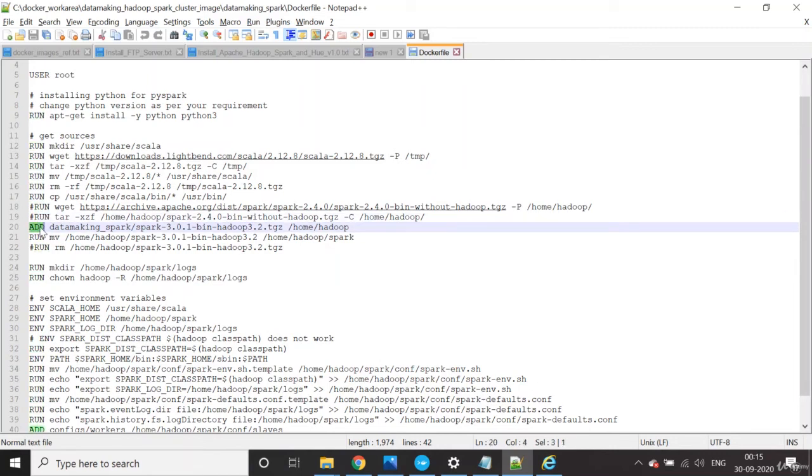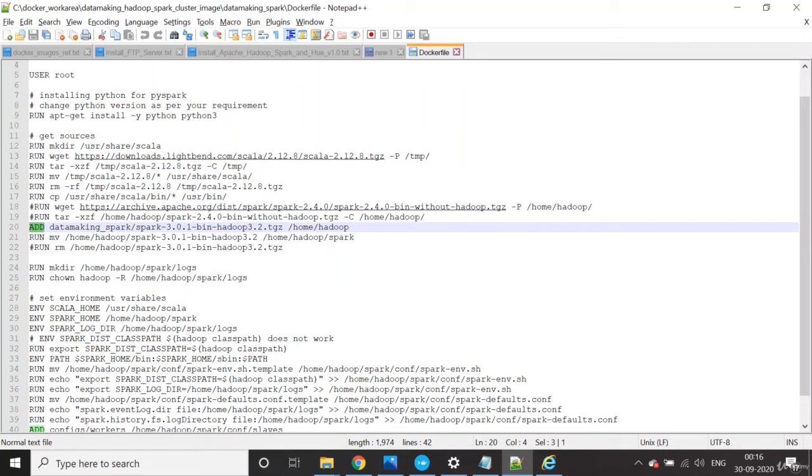The ADD command is used to add your file from your local file system to the Docker image. When you use ADD, it will uncompress your compressed file. You don't need to uncompress explicitly. It will uncompress implicitly if you provide a compressed file.